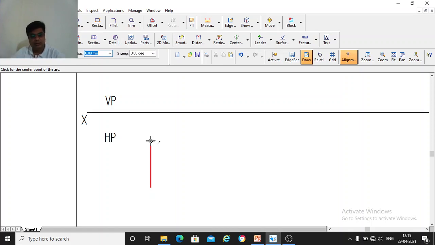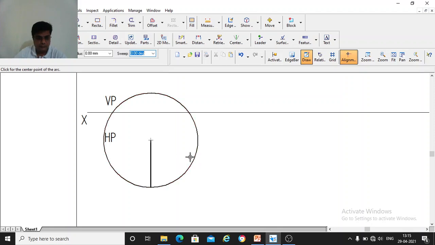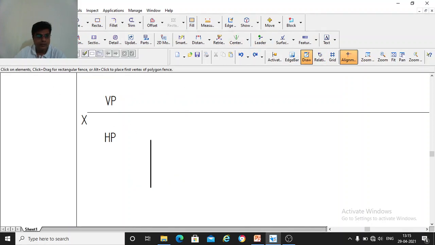Keep the center at this point here and draw the arc of 25 mm radius. Approximately at the center you can start drawing. Take the radius 25 mm and draw an arc. A thin arc you can draw.